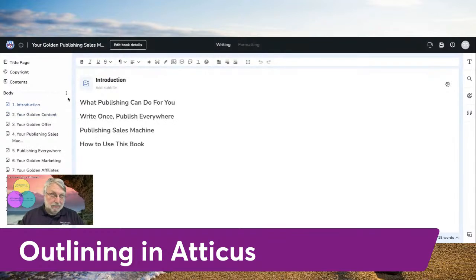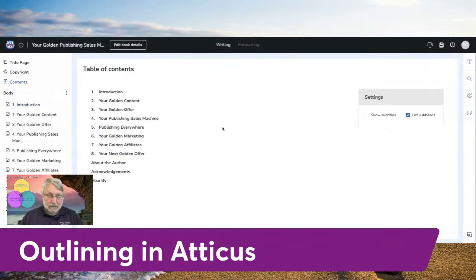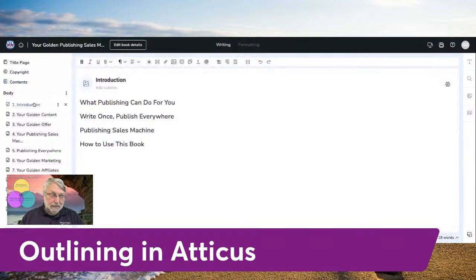And again, I've just put in headings and subheadings, and that gets generated into a table of contents here. And this tool here is actually, in a way, a lot like writing with Word. One of the things that I like about it is it